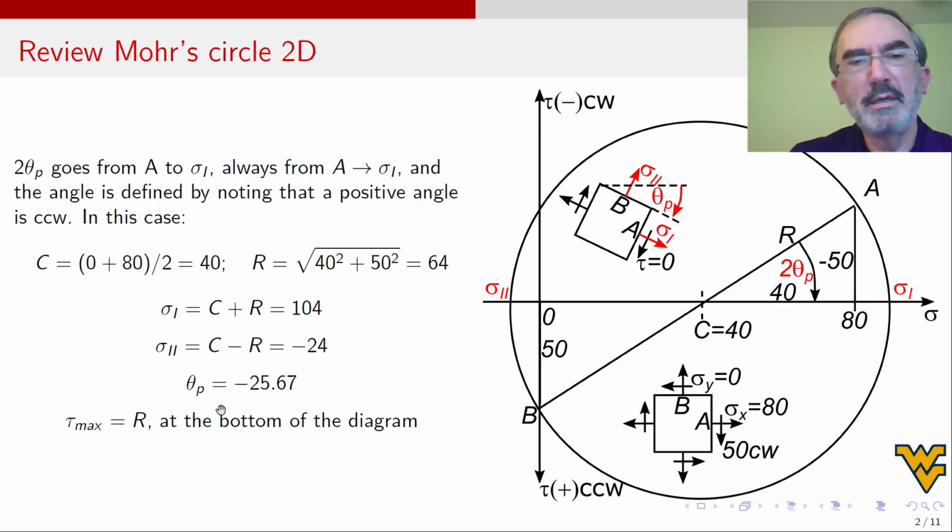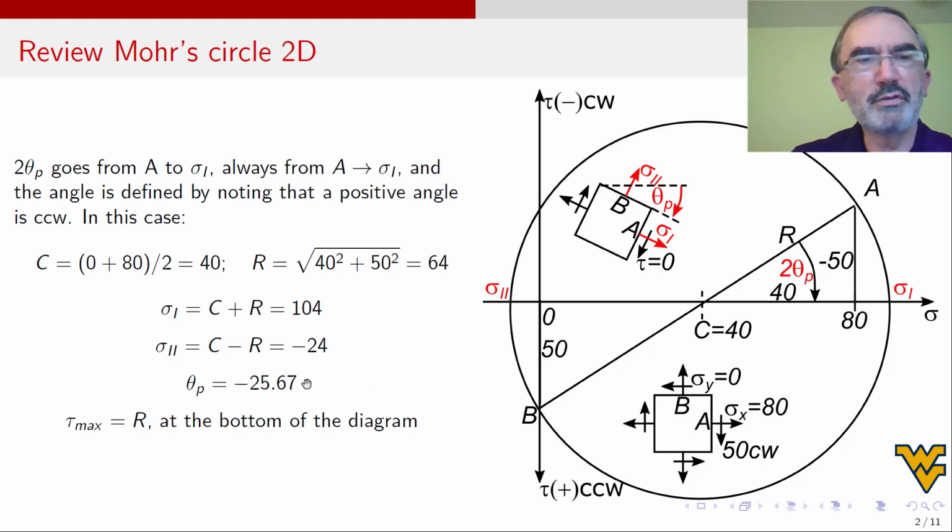The angle theta p is negative because the angle is always measured from the original point A, this point A, which in the diagram is there. And you have to go from there to here. So the stress element has to be rotated, which I cannot draw on top here, so I draw it here. How much? This angle, which here is doubled. But with this arrow like this, the value will be negative because the positive angles are counterclockwise. So you calculate using tangent, and you have the 50 and the 40. Then you have to put a negative sign because you can see there that the angle is negative.